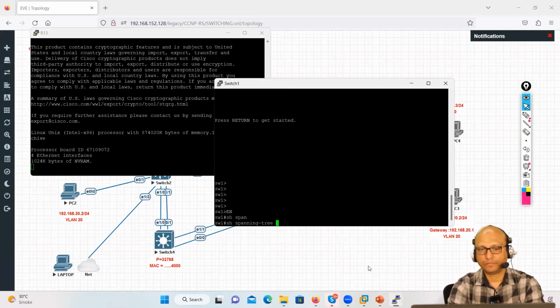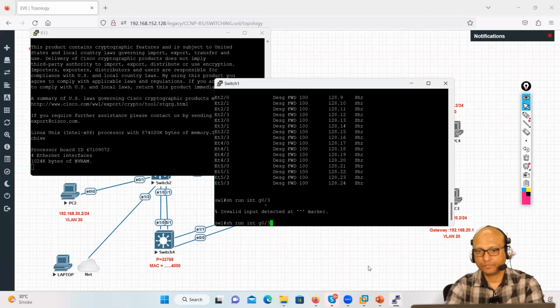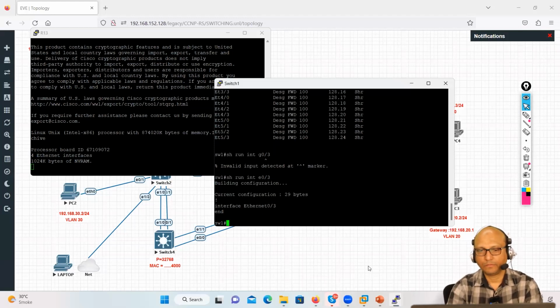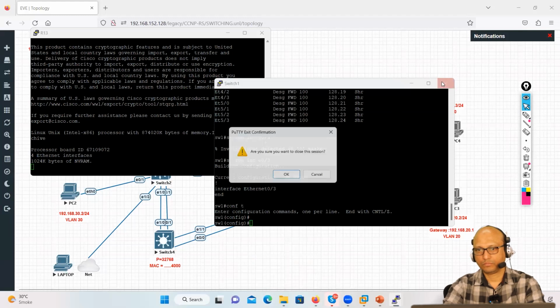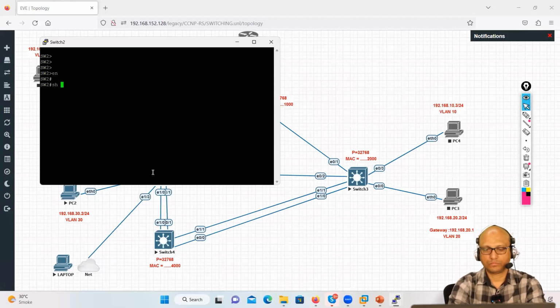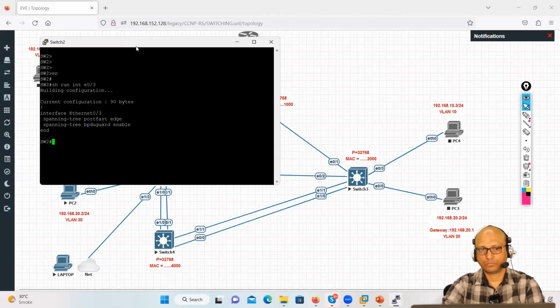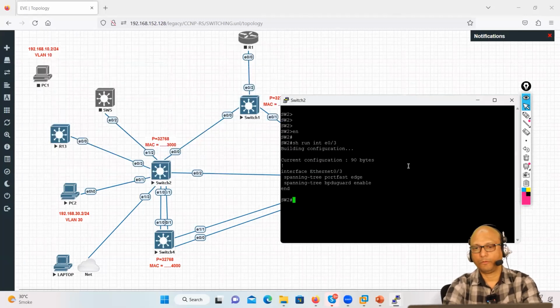Show spanning tree, show run interface G0/3, E0/3. So, if I go here on the switch,